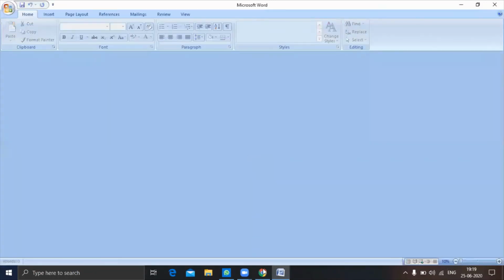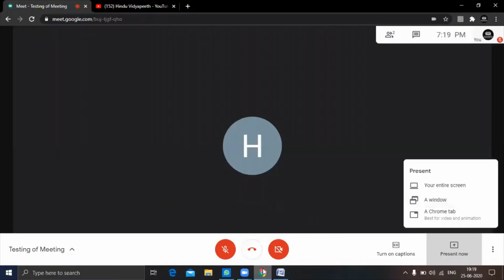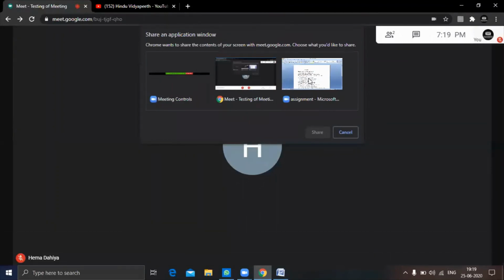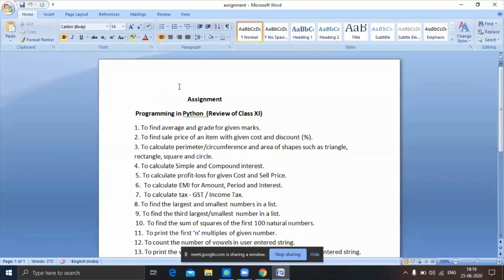Just open it and now come back and click on a window. It will ask you which window. Click on the assignment window which I want to share and then click on the share option. Now this window will be shared to all the students.